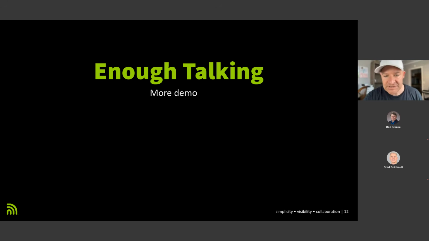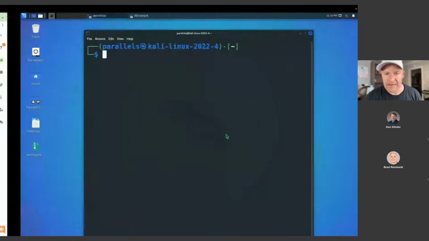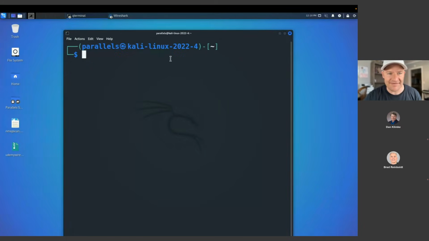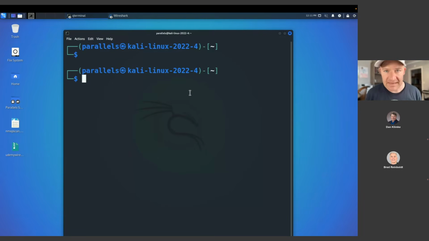So I'm going to go ahead and share my screen. Let me come in here, share screen, going to share. And sorry about that, the window, but now you should be able to see Nmap on my system. This is Kali Linux, and we're just going to run a few very basic scans. Okay, so first, I just want to show everybody one very simple scan that we can do. It's just nmap